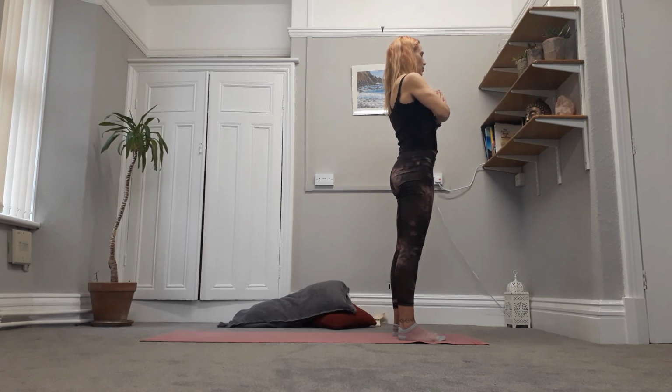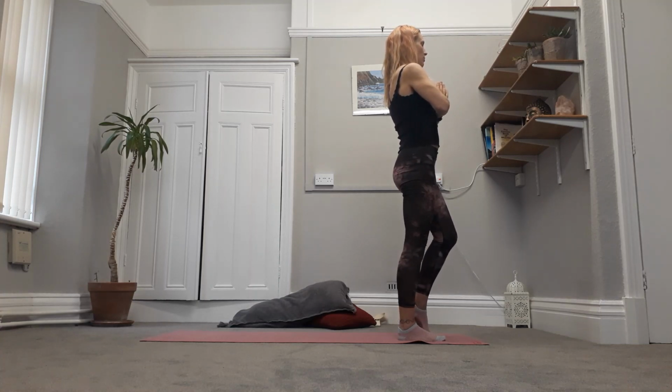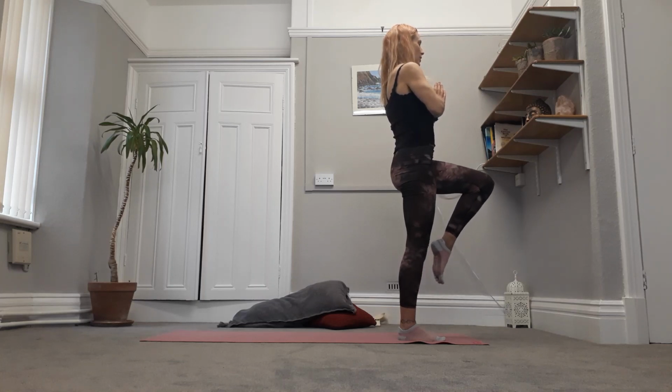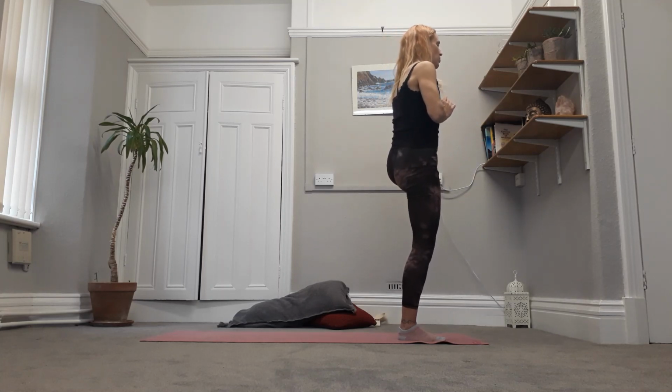Good. Slowly shift the weight a little bit onto the right side as you take the left heel up, the left toes up. Allow your gaze to move as you shift the weight over. Take the left knee up and towards you. Open it out to the side and then see if you can find that Prakasana tree pose on the other